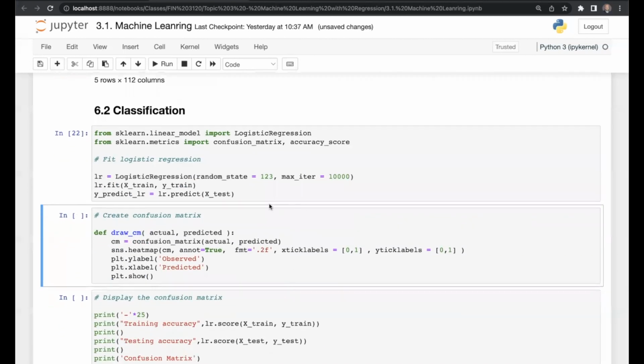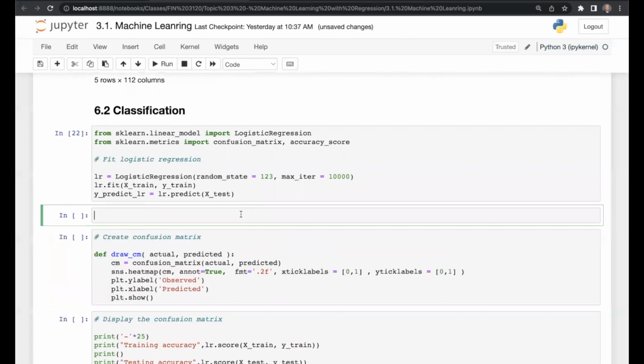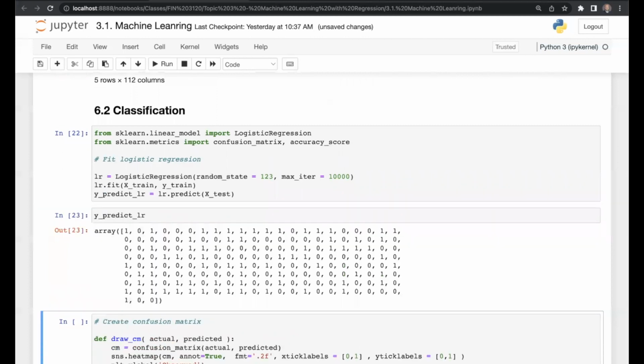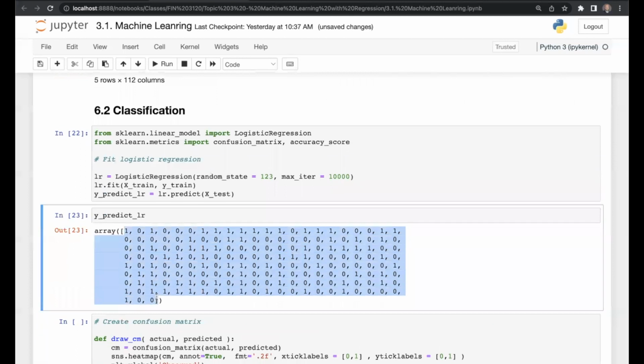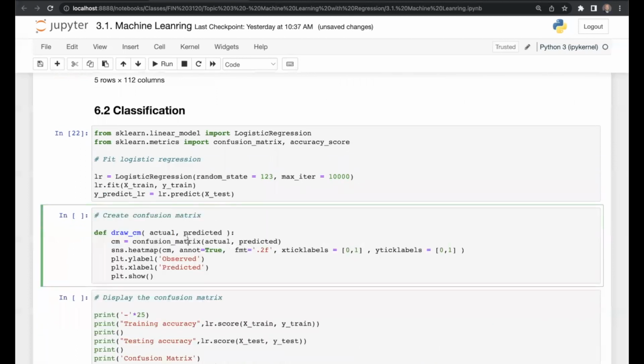So we could print that out. In fact, I can show you what it looks like. Y predict LR. There it is. Here's the predictions, 1s and 0s. Not terribly helpful at this point, but we're actually going to create this little function here, draw CM for confusion